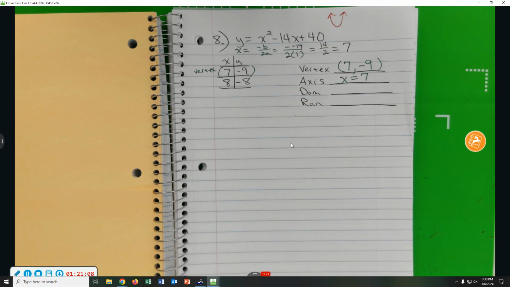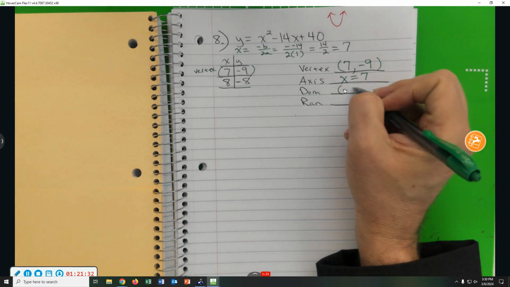Got to be a line. Well, assuming you found the 7 correctly here, then you got credit for finding the 7. But if you don't write it as x equals, then you're telling me you don't know that vertical lines are in the form x equals a number. Not just a number. And the domain,